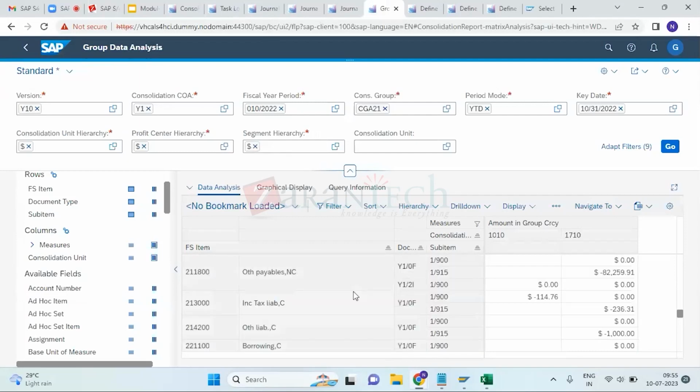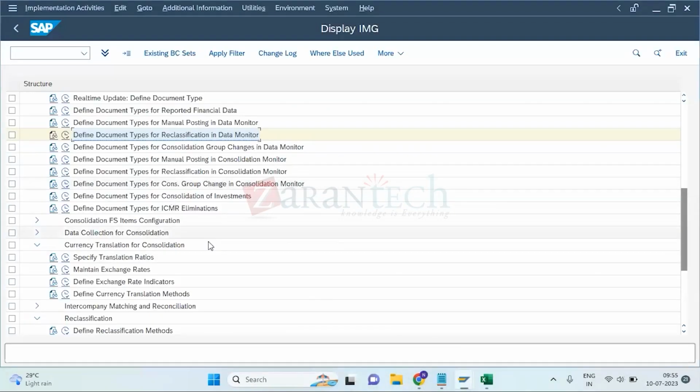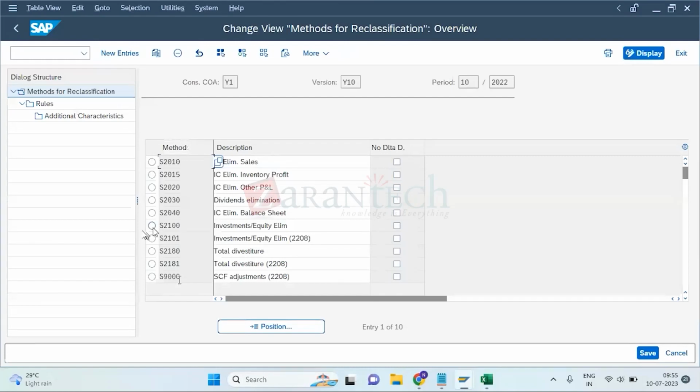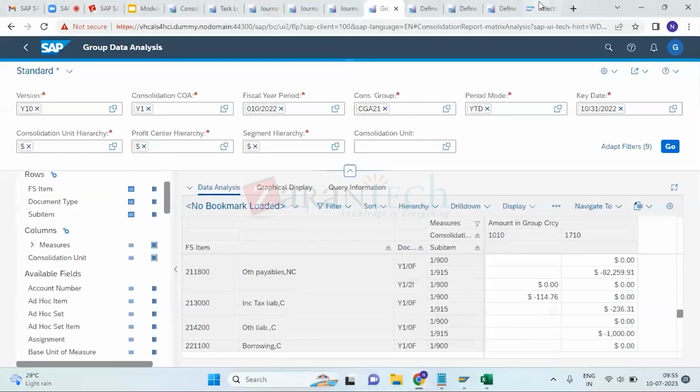So I'll take you to that reclassification. In the reclassification method, there is S2100. When you open this, we have certain rules given by SAP. The breakup of these rules,